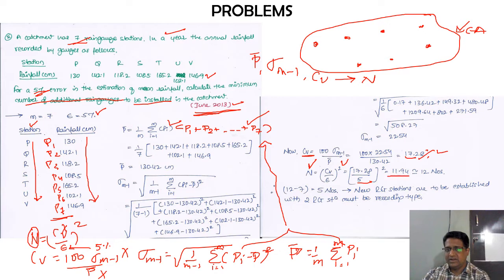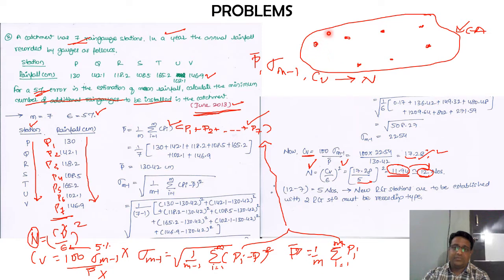So here I am getting 11.94, this is the value I am getting. So again I will round it out to the next number, so that will be 12. Now check out, based on this particular explanation which has been given to us.